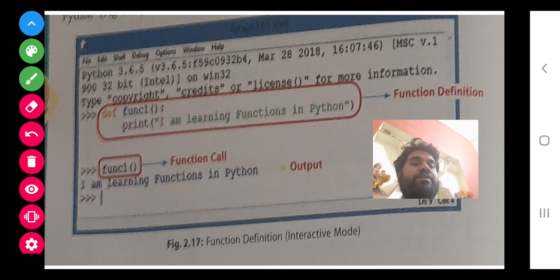They have pressed enter twice, and then whenever you write this fun, we call it a function call. This is the function definition, and this is the output. So class, if we write it again here, fun 1 and bracket and enter, then again the same statement will come.